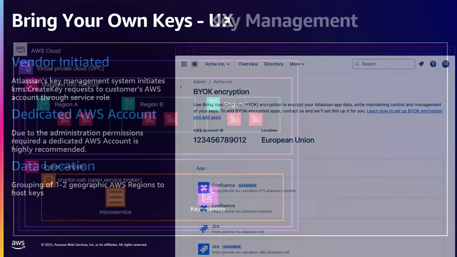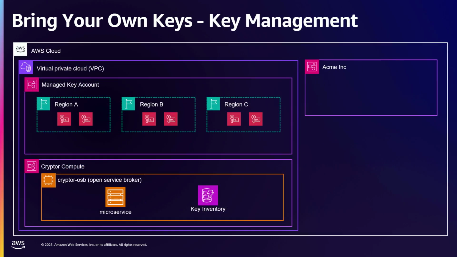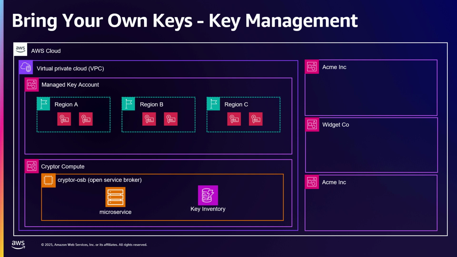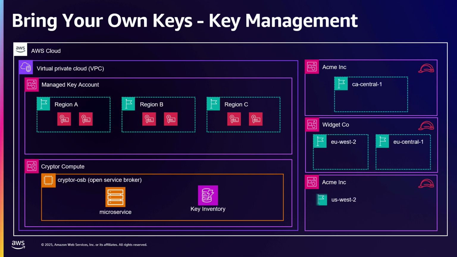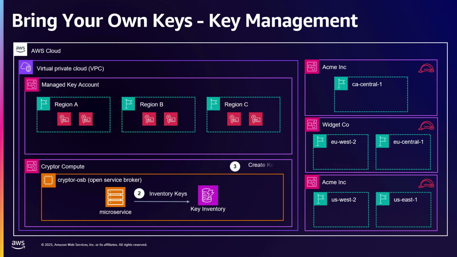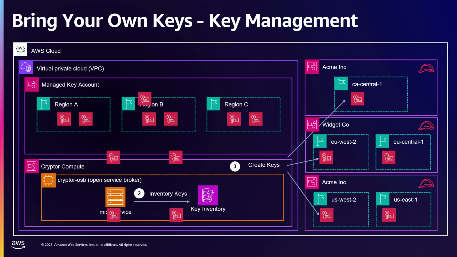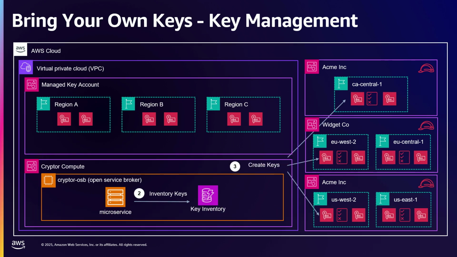In this case, the customer goes through a set of operations where they set up their KMS key policy in the specific region, and then Atlassian creates the keys in those regions, which means we are creating the key ARNs, and then we do the inventory as the next step. So we have the administrative capabilities and also the operating capabilities in this model,